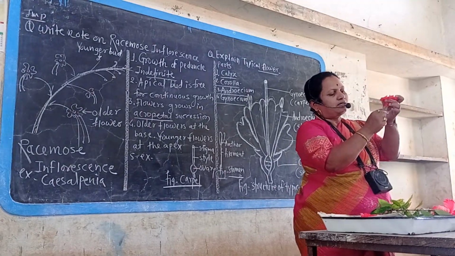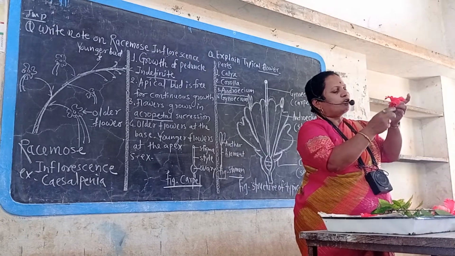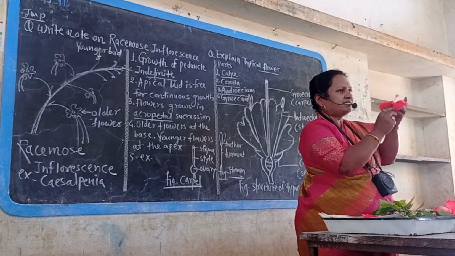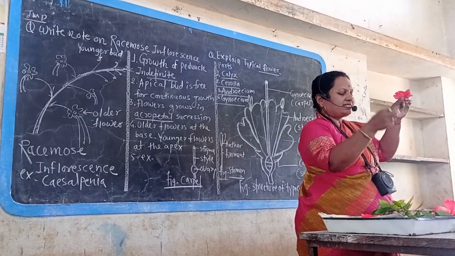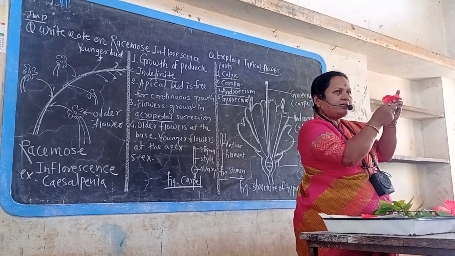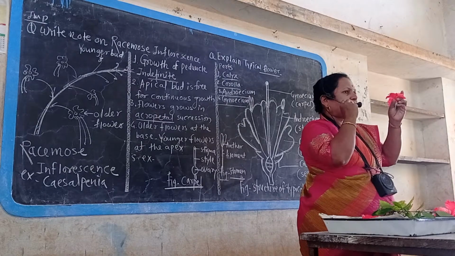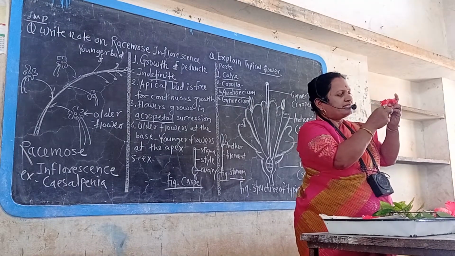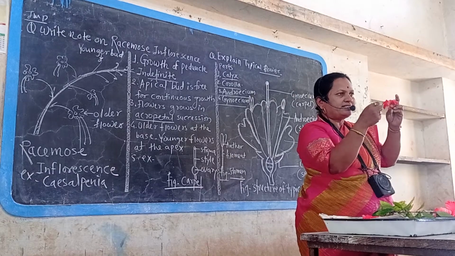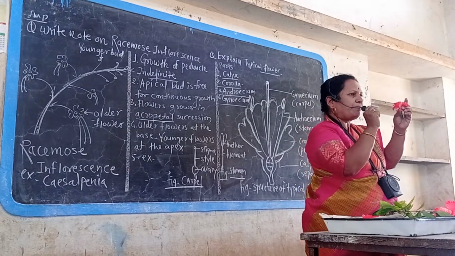A single flower consists of two accessory whorls. The outermost whorl is called calyx. It is made up of individual parts that are called sepals. Sepals are green in color. If sepals are united, that condition is called gamosepalous. If sepals are free, that condition is called polysepalous. In some flowers, 5 sepals are there, and these are free. If these are united, then the condition is called gamosepalous.